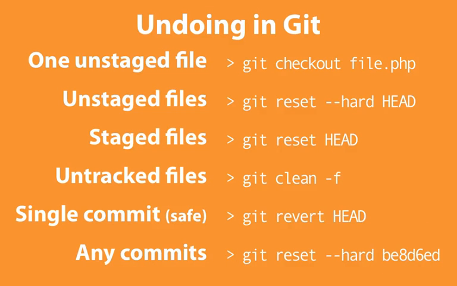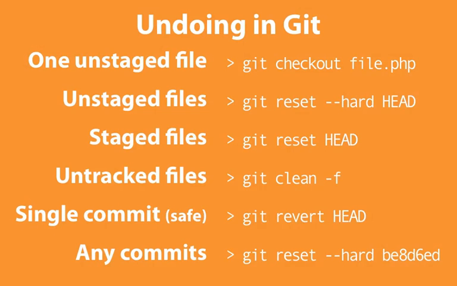If we have files that we've added to our repository and it was a mistake and we really didn't want to add those in, we can remove those by using git clean. So this will remove any files that aren't currently being tracked and that aren't being ignored explicitly through a git ignore file. When we want to actually revert a commit, there's two different ways.